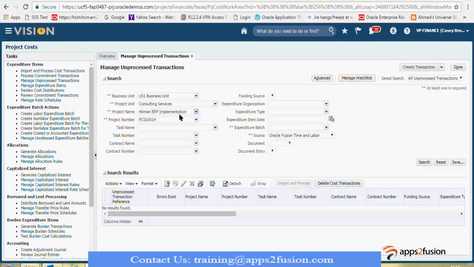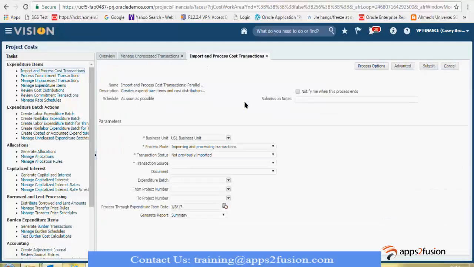Let's say I don't select a particular project. We don't have any unprocessed transactions as of now. All have been processed. But this is a place where you can see the unprocessed transactions, and the import process is where you run the process.